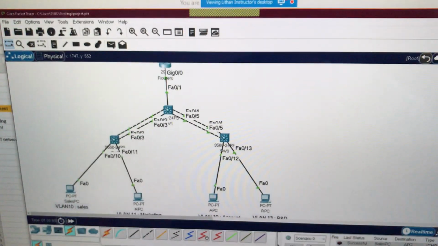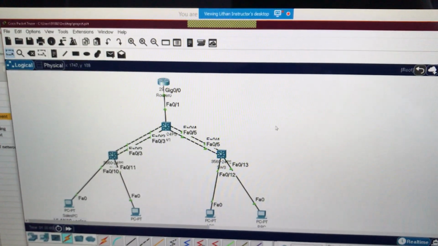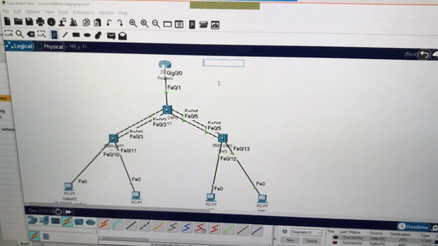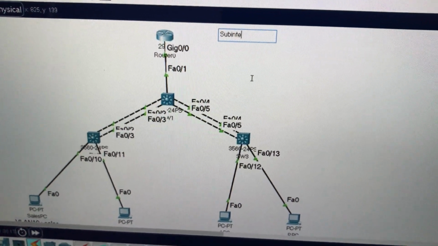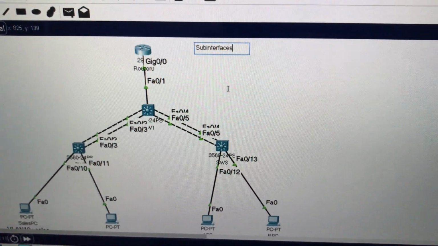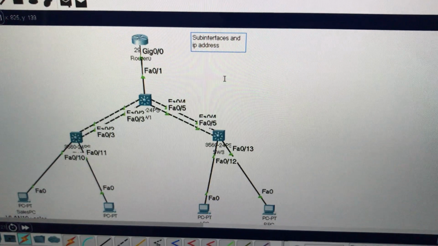I will be showing one thing. I will write down what needs to be configured. Here, sub interfaces and IP address to sub interface.